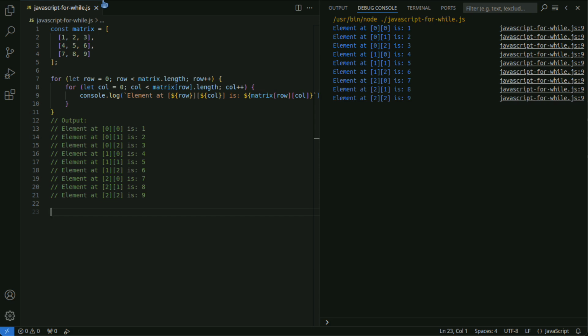When using nested loops, the following optimizations can be considered. Early loop termination. If a specific condition is met inside the loop, you can use a break statement to exit the loop. This can avoid unnecessary loops and improve performance.